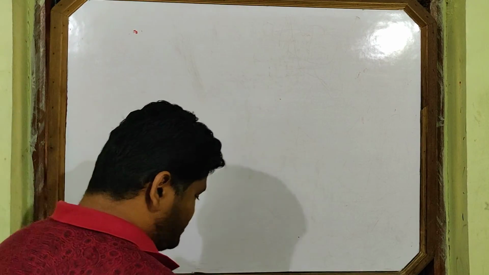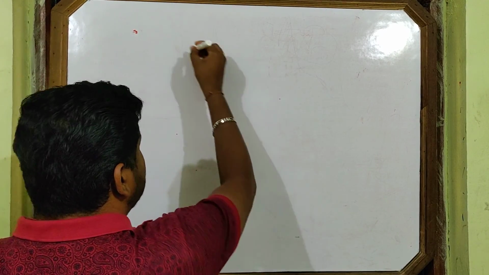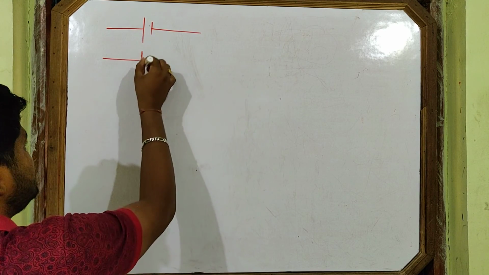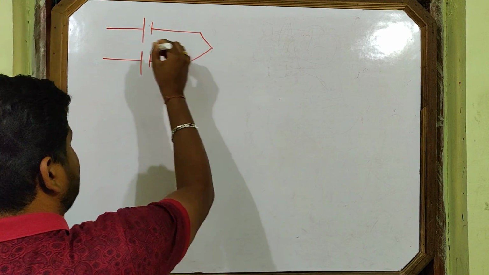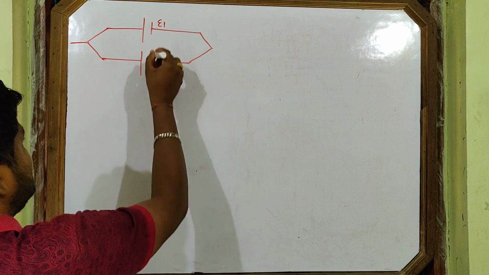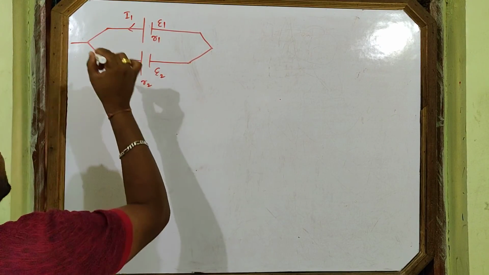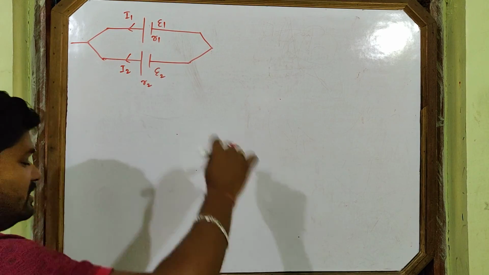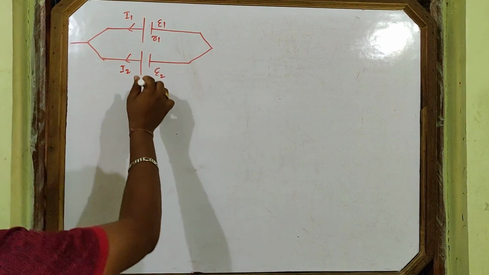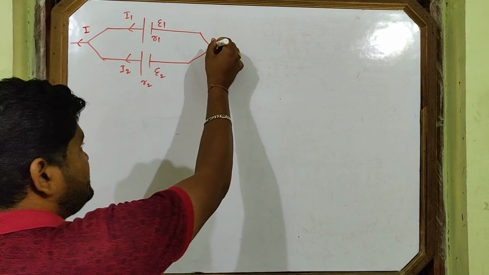So now see here. This is about the series combination. Now we will come to which combination? Parallel combination of the cells. Two cells you see, this is one cell, this is one cell, they combine here. This is parallel combination. Okay, so current passes like this. EMF E1, this is E2, internal resistance R1, this is R2. Current is I1, discharging, current is I2. Current will be different because cells are different. Net current will be I, and I is equal to I1 plus I2.